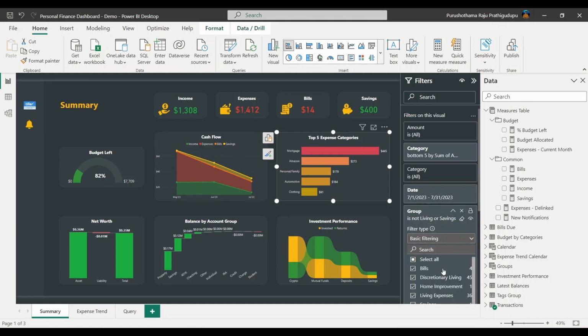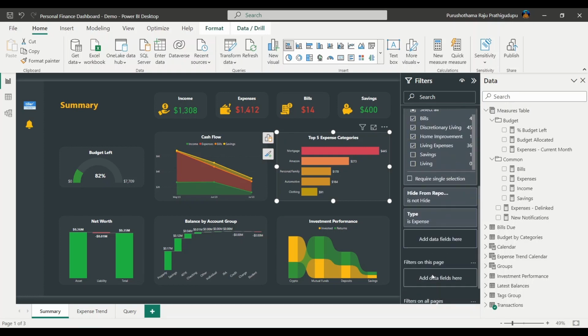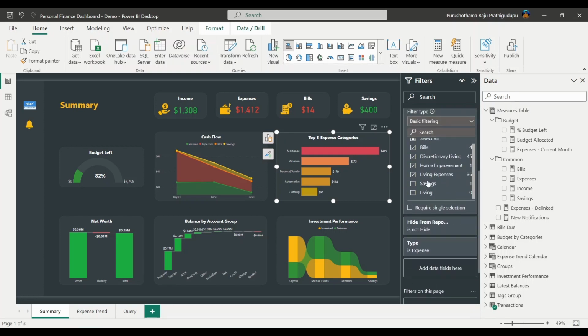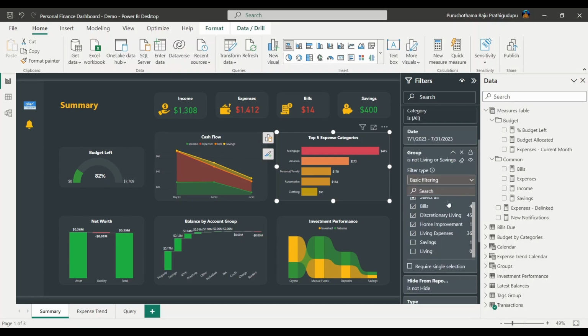So we are actually excluding the living and savings group. But since we have the bills categorized based on the cell phone bill and the gas bill categories, but not the group as a whole, so we need to add the filters for that and remove these.